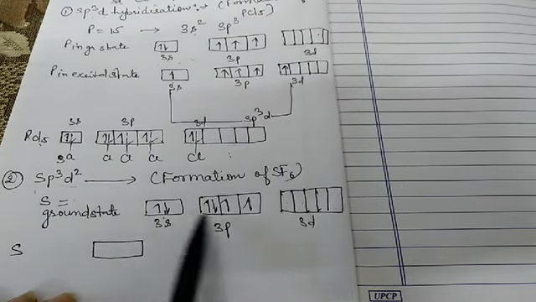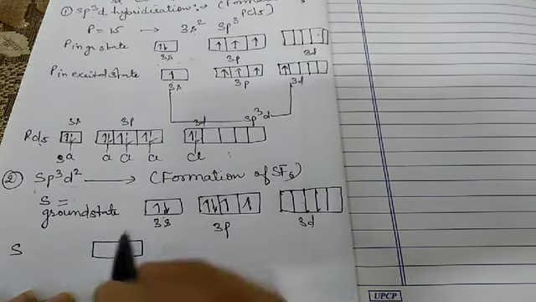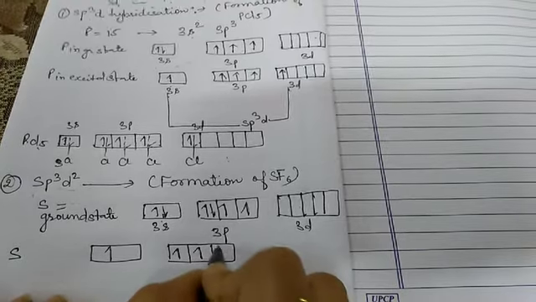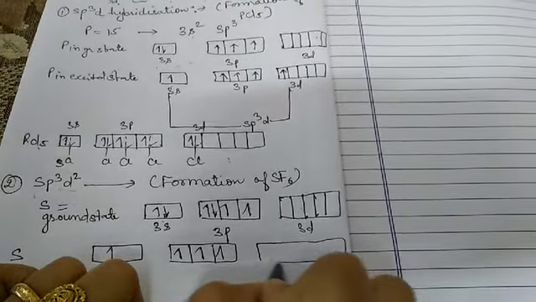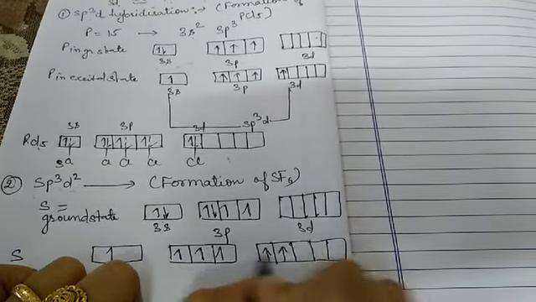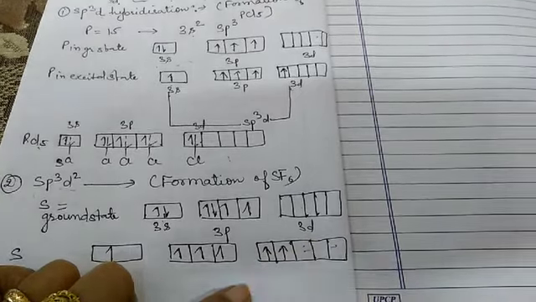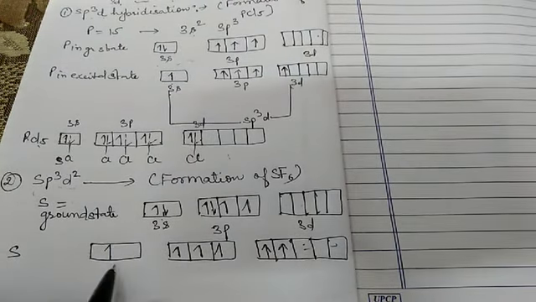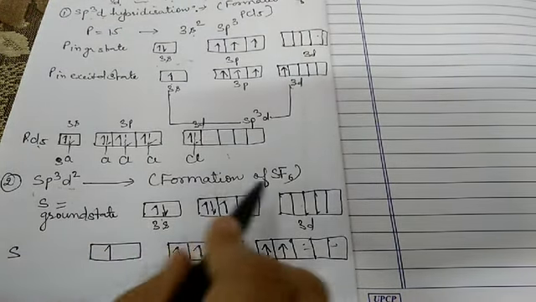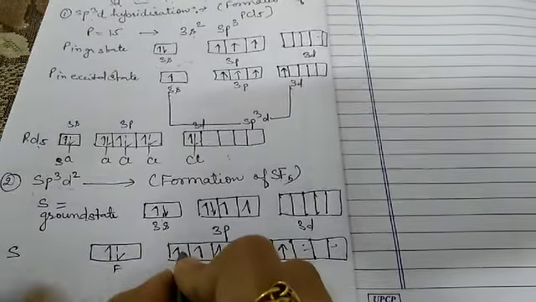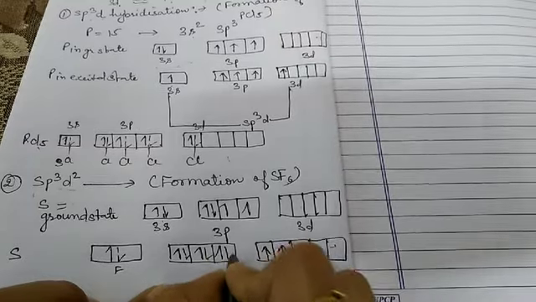One electron from s and one electron from p moves to the 3d orbital. So now we have this type of configuration. One is here, one is here, one is here, and if we are talking about the d, so 1, 2, 3, 4, 5, so 1, 1, and these are the empty. And how many f's we have? We have the 6f. So we represent the f with the help of the dotted line.